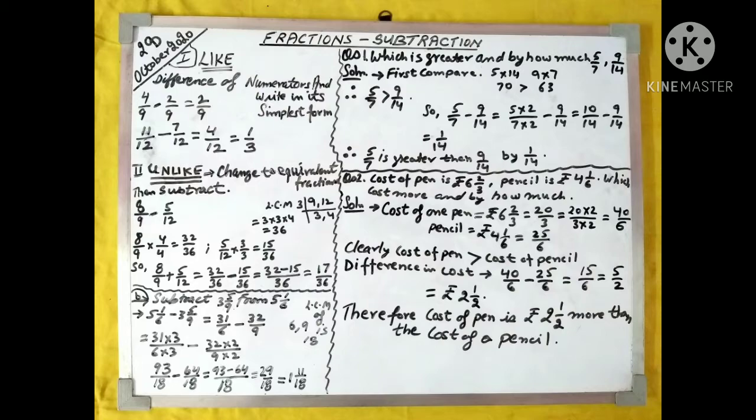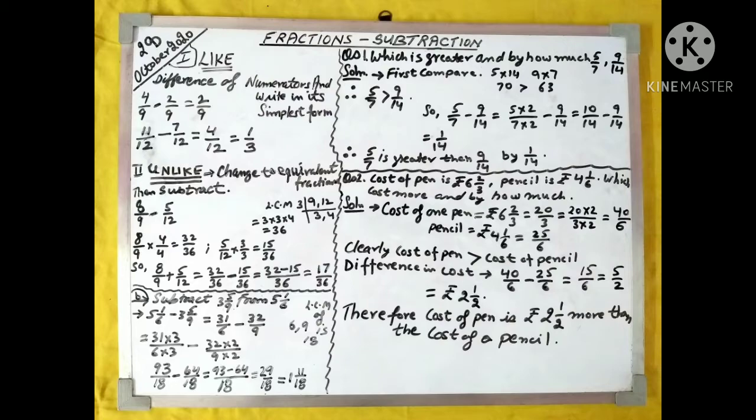Question is subtract 3 5 by 9 from 5 1 by 6. See how we have written it actually first. 5 1 by 6 minus 3 5 by 9. That is 31 by 6 minus 32 by 9. If we take the LCM of 6 and 9, it comes out to be 18. So rearranging accordingly, we get 93 minus 64 by 18, which is equal to 29 upon 18, and this is an improper fraction, so we convert it into mixed fraction and write the final answer as 1 11 by 18. Right, got it? See the next question, interesting one.